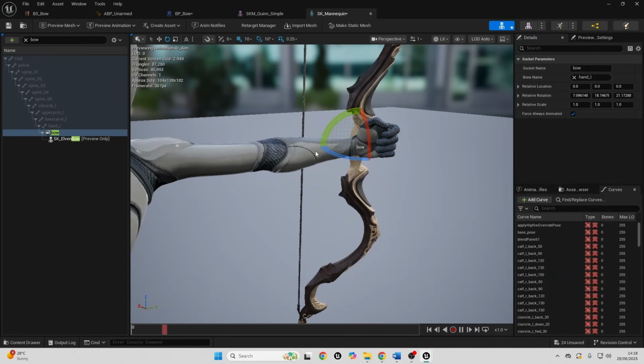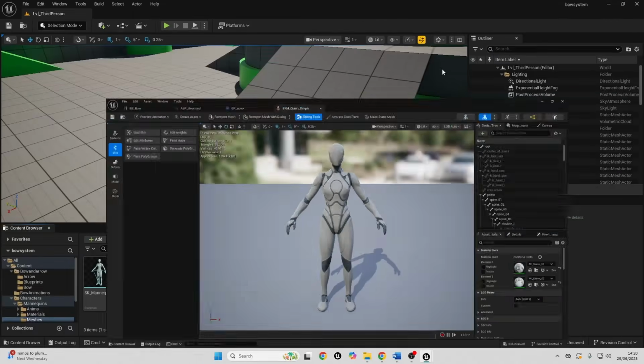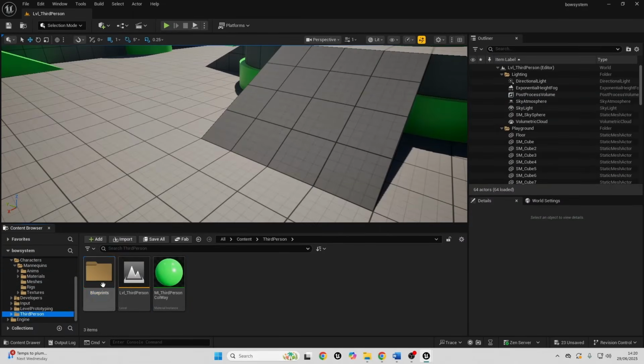To get more precision when you're rotating it, we can play around with these values here. So if I just change this to something like 5, then I'll be able to rotate it by 5 degrees. I'm just going to position this so it's in my player character's hand now. Okay, so I've now done that. I can save this, close this, and then I just want to go over to my third person blueprint and